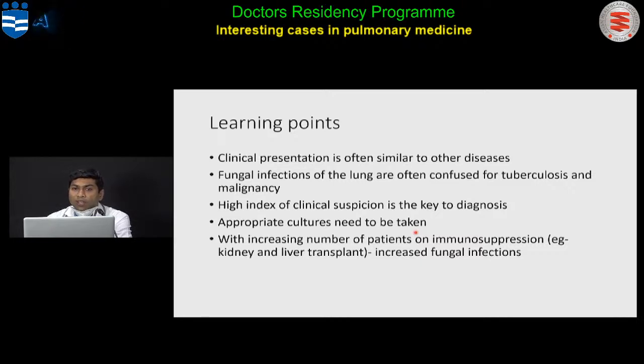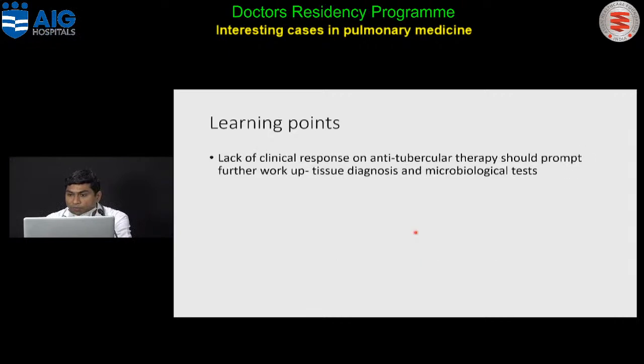That is the reason why we need to have a high index of clinical suspicion and take appropriate measures to get an FNAC, biopsy, cultures to make a correct diagnosis. These days we in fact have PCR based tests like Gene Xpert, and for fungal infections also we have PCR based diagnostic modalities. So we need to send even the molecular based techniques for making an appropriate diagnosis.